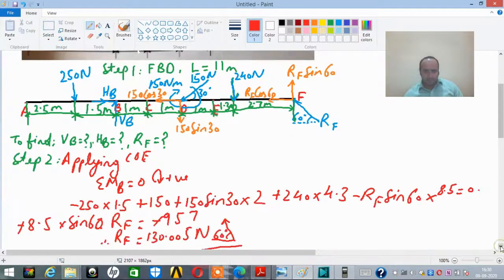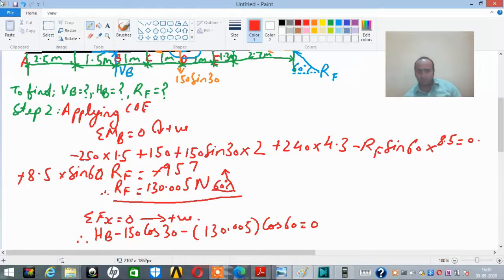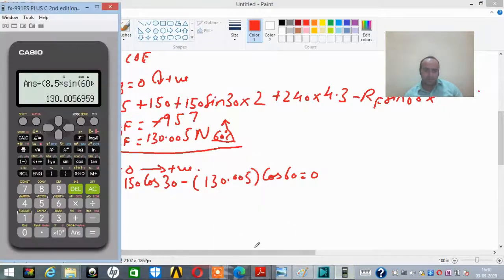Now let us write down the equation. So it will be HB minus 150 cos of 30 minus RF, which is 130.005 cos of 60, is equal to 0. So it is minus of